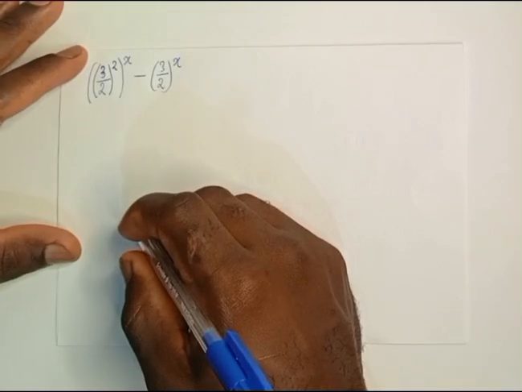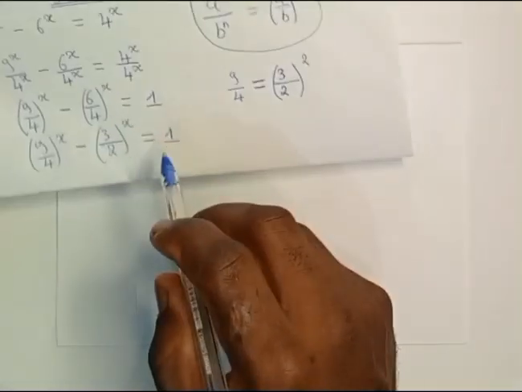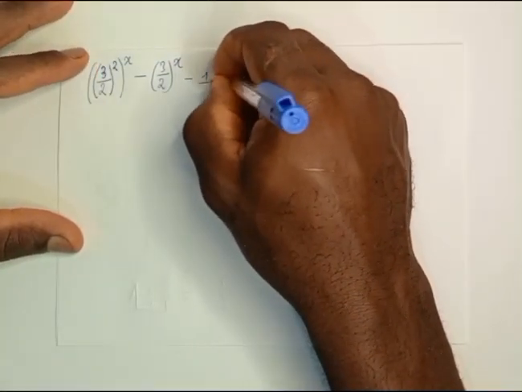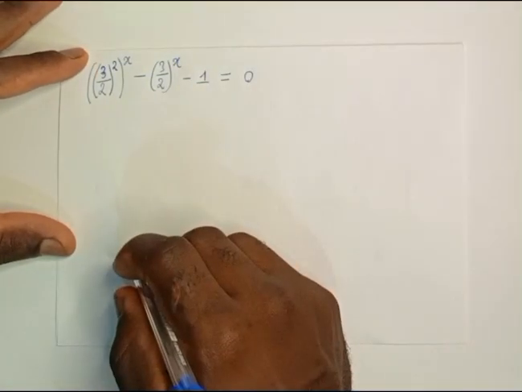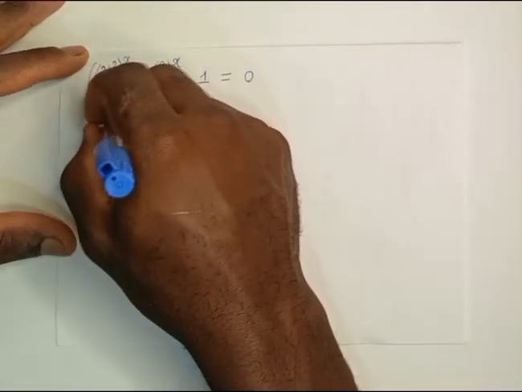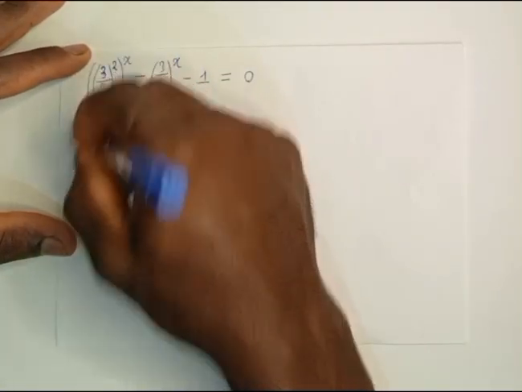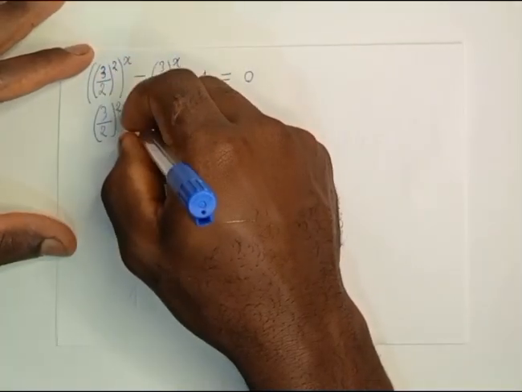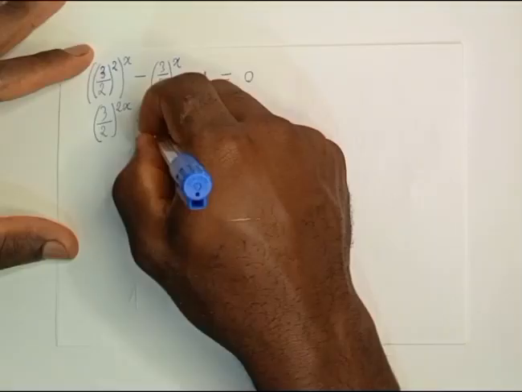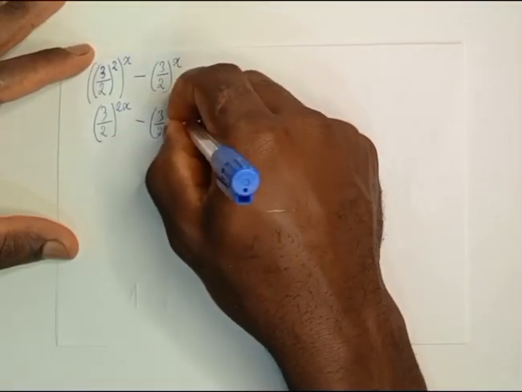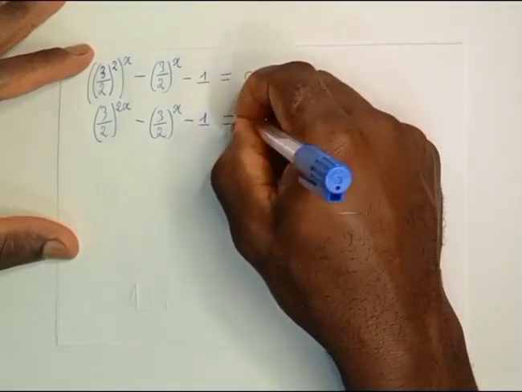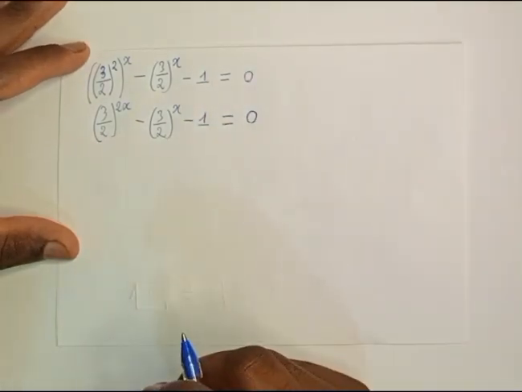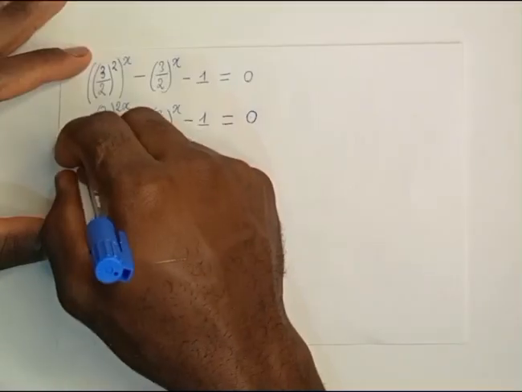We are going to transfer 1 at the right hand side to the left, it becomes negative, minus 1, is equal to 0. This will give us 3 over 2 all this raised to the power, we are going to multiply the powers, 2 times x gives us 2x, minus 3 over 2 all this raised to the power x, minus 1 is equal to 0. At this stage, we are going to start by